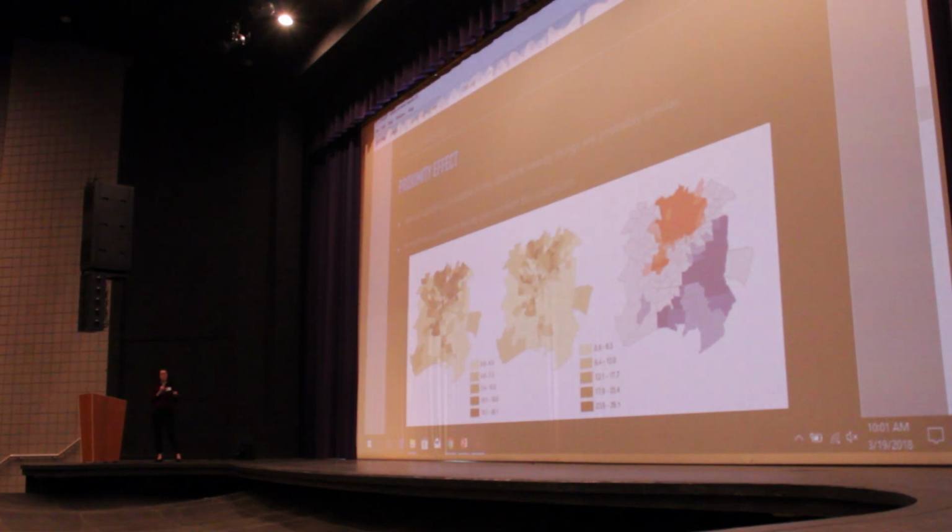So in this example, these are 3 different ways of visualizing the same set of data in this county. The first image on the left is using a quantile distribution, so breaking up into 5 separate but equal buckets. In the middle is an equal interval. It's a different kind of way of slicing up the data, but on the far right is a statistical model looking at the nearness effect of this variable, which I think is population over 65, where you can see there's a definite hot spot in the north and a definite cold spot in the southeast region.